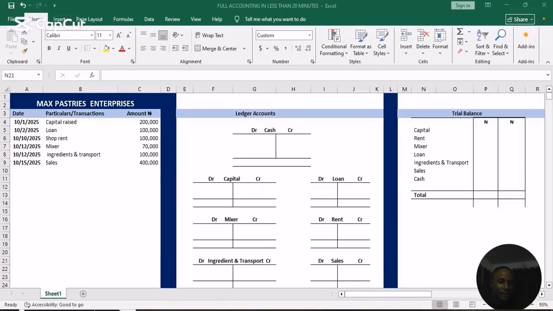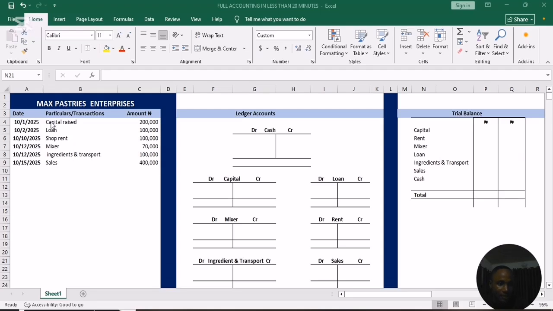Interesting time learning financial reporting, starting right from the source document to the statement of cash flow. So right here are our transactions that we'll be making entries with. This business is Mass Pastry Enterprises. Mass majors on cake, meat pie, and others. In real life situations, these transactions can be in a bank statement or invoice and bill